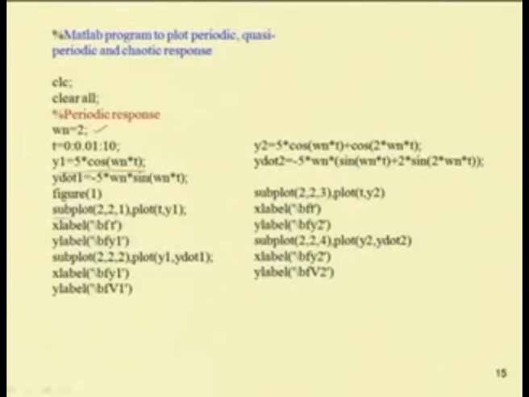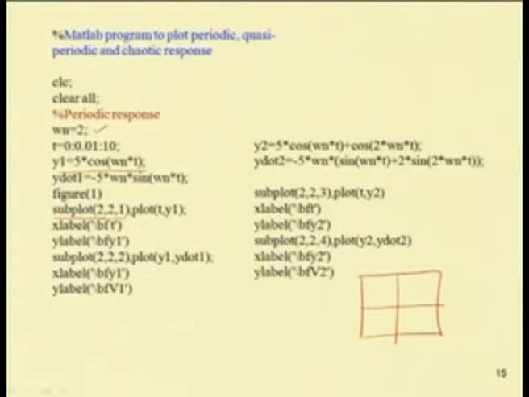So, you can find the response by writing a small MATLAB program which is written here. So, you can use this subplot command to divide the screen into different regions. So, for example, this subplot 2 2 1 means you have divided the window into 4 parts. So, this is number of rows, number of columns. So, 2 rows and 2 columns, and then you are plotting each plot at a particular position.